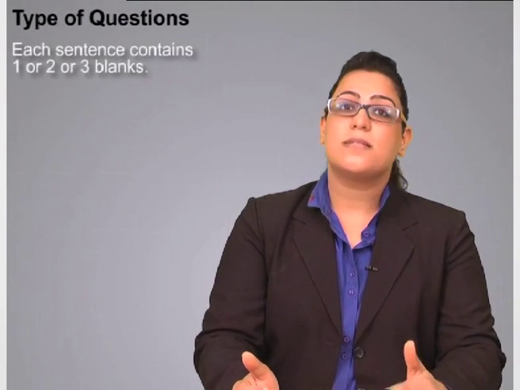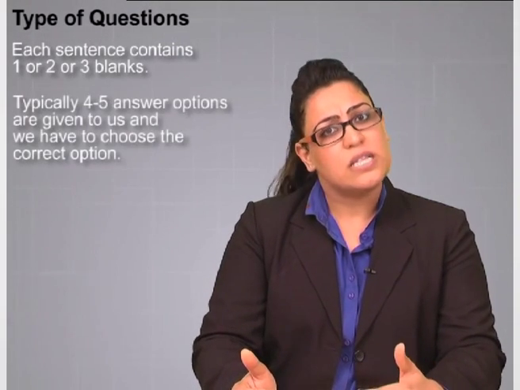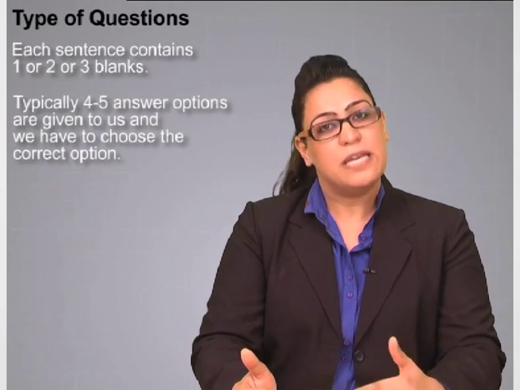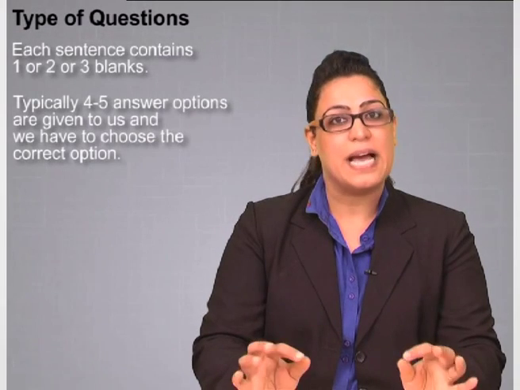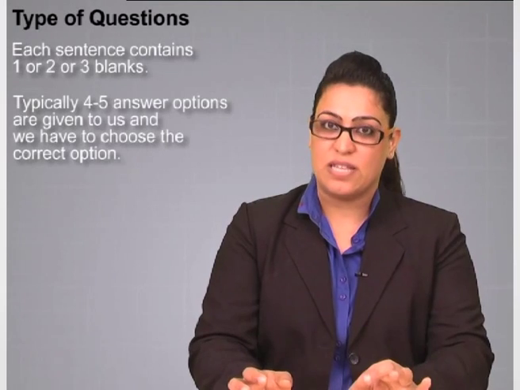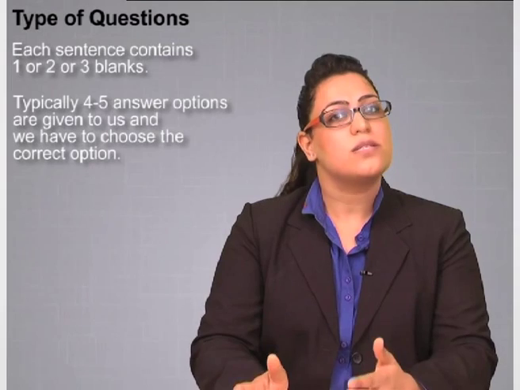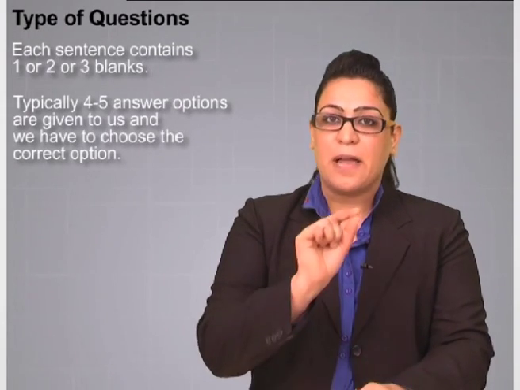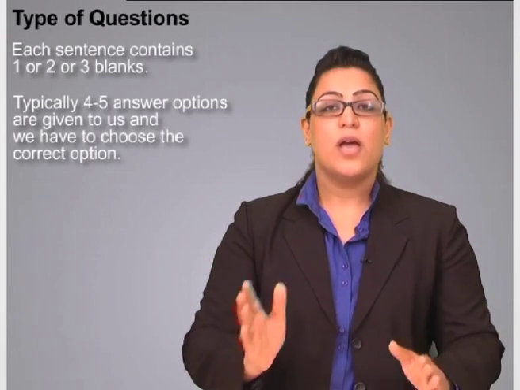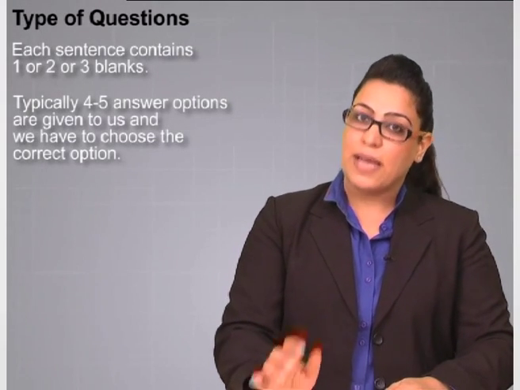Now, certain sentences may contain 1, 2 or even 3 blanks. 4 to 5 answer choices are given to fill up these blanks. For example, the blanks are A, B and C. A will have 4 to 5 answer options, B will have 4 to 5 answer options and C will have 4 to 5 answer options. From those answer options, you have to choose the words that fit into that sentence to make it a complete logical whole. You cannot leave one word and cater to the other because all the words together have to make